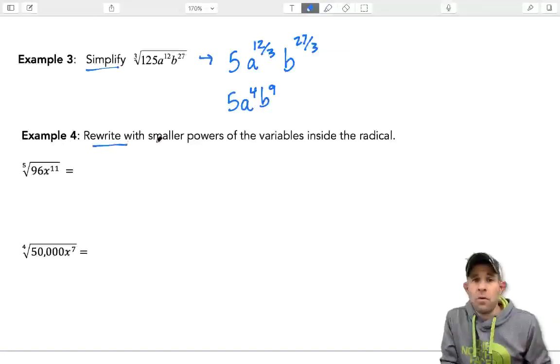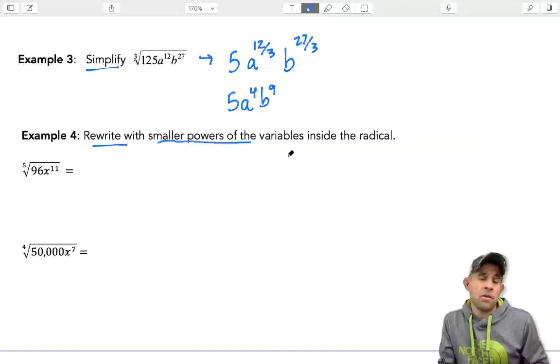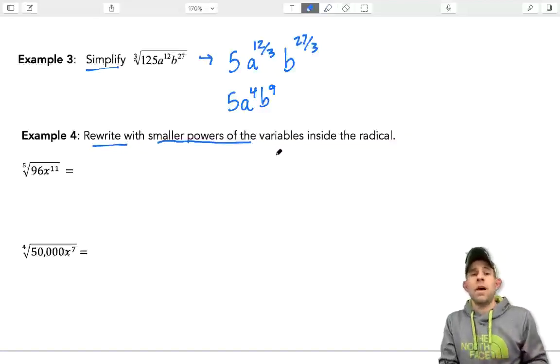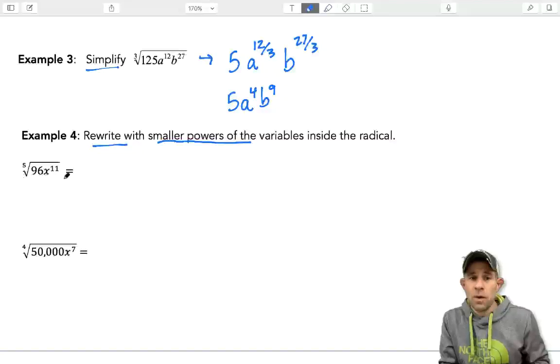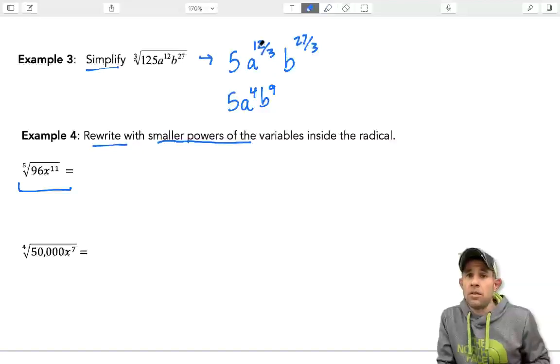All right, in example 4, we're going to rewrite the smaller powers of the variables inside the radical. Now, up until this point, we've had everything divide really nicely. Like in example 3, we had 12 divided by 3, 27 divided by 3. Those were both